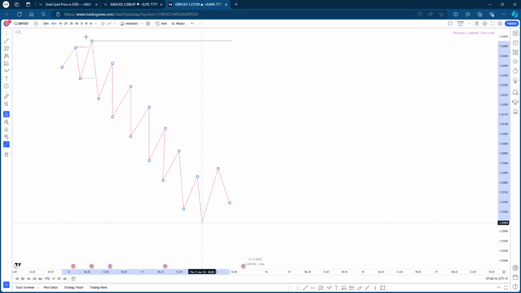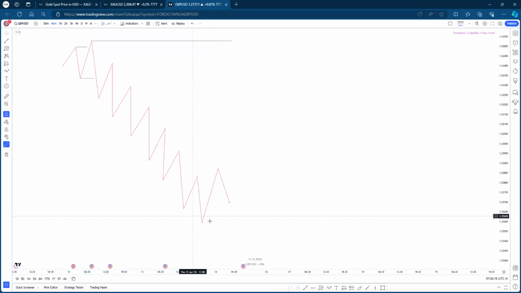So if this is a strong high, this becomes a weak low, right? And I said that this weak low becomes your external range liquidity. So you can see how this also started as well. We swept liquidity here, we also broke structure, right? So you can see from here. So now